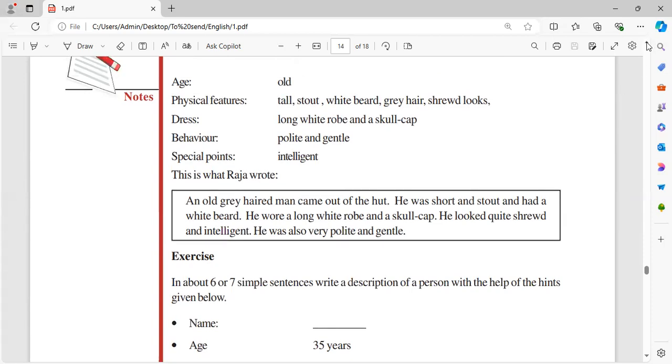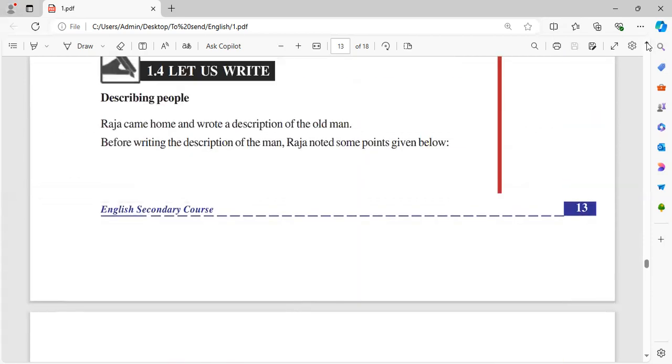So it's a requirement from your side. They are giving an example. See, Raja is describing the old man in the story. You remember the old man in the story. You know the whole story by now, right? So Raja was taken to the old man. The parents thought that he had been bitten by a snake, but it was not. He was stung by a bee, and the grandfather and the grandmother thought it was a snake, and they took him to the old man,